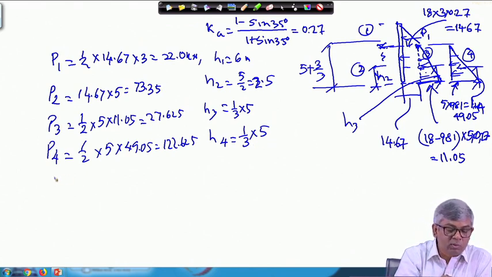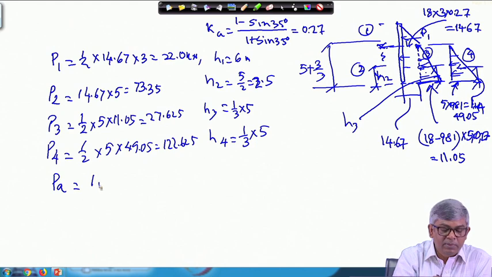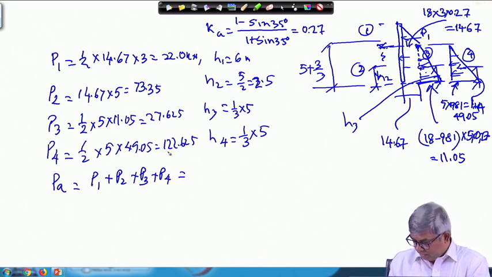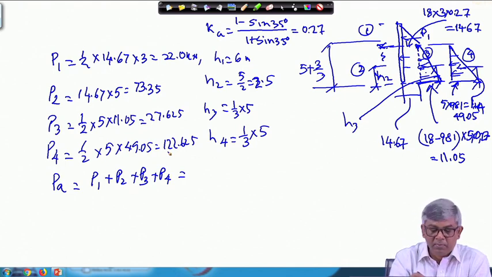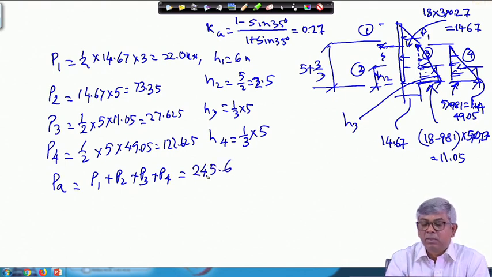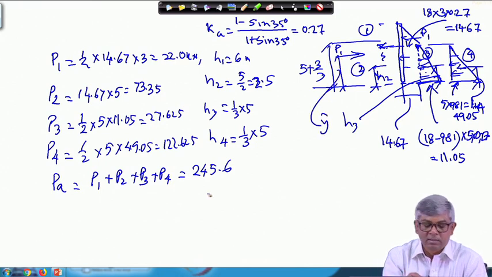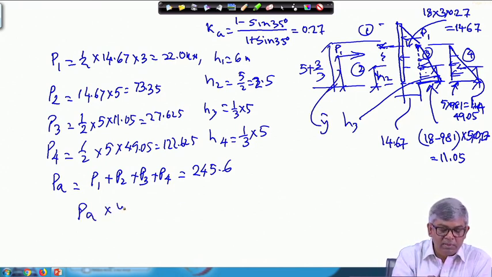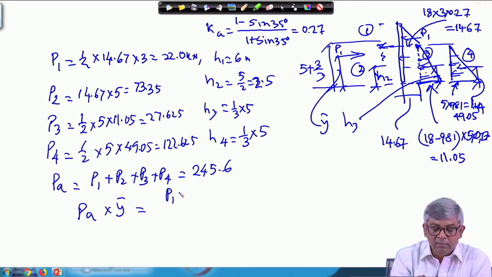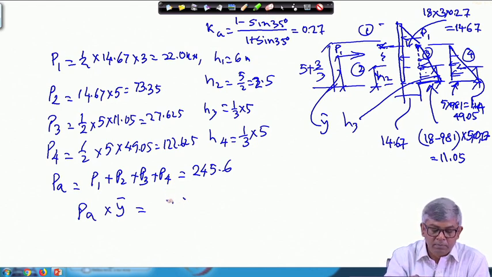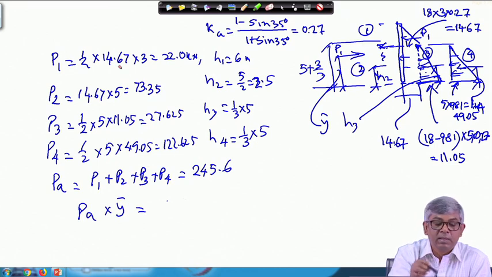So the total active thrust, I can say P1 plus P2 plus P3 plus P4. If I sum all of them, then I will get a total PA of 245.6. And if I assume the total active thrust acting somewhere here, PA, and this height is, suppose, y bar, then you will have PA multiplied by y bar equal to P1 multiplied by H1. So directly I will write here P1 multiplied by H1. So P1 is 22